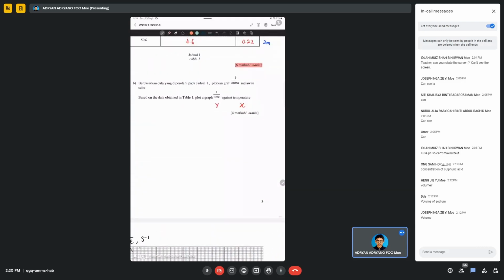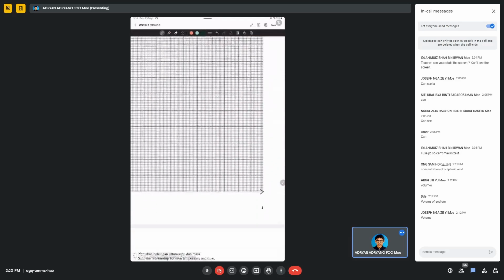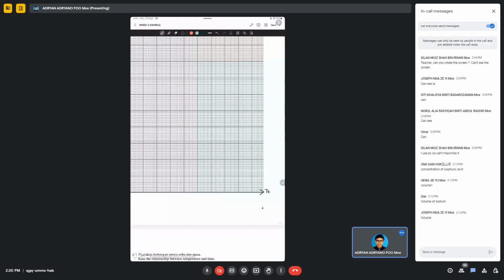Okay, then what is your x-axis? Temperature. Okay, plot the graph against temperature. Okay, so temperature is your x. So here would be temperature. And then what is your unit for the temperature? It is degree Celsius. Okay, but even better if you write temperature of sodium thiosulfate， 因为你要 heat 的是 sodium thiosulfate